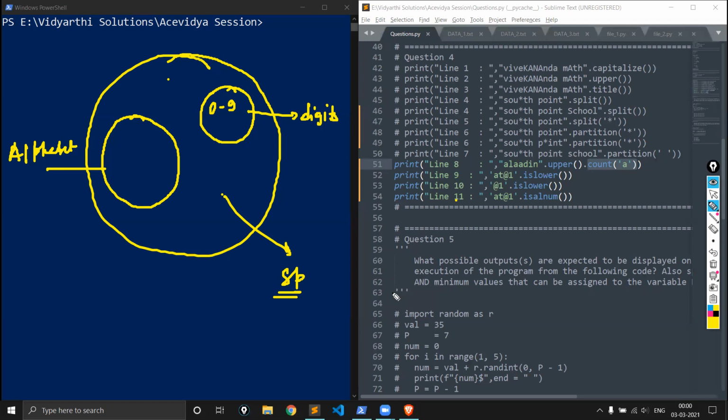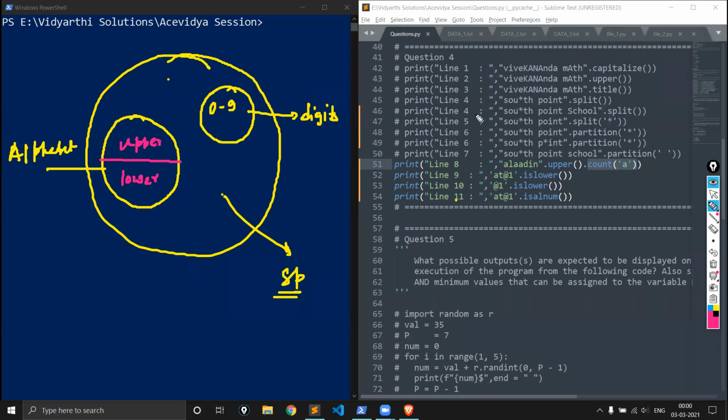So anyways, I should not lose my focus. So we have alphabets, we have digits, and we have special characters. Now, there are 2 parts of alphabets. One is uppercase and one is lowercase. Fine. So these are the whole universe. We have all the characters, we have alphabets, uppercase, lowercase, digits, and whatever. So now